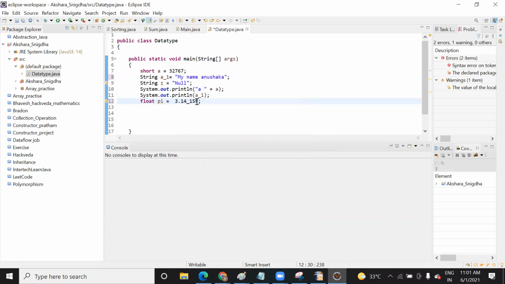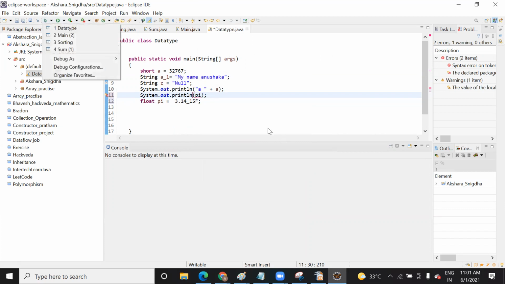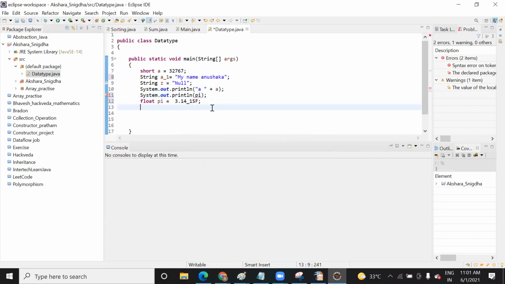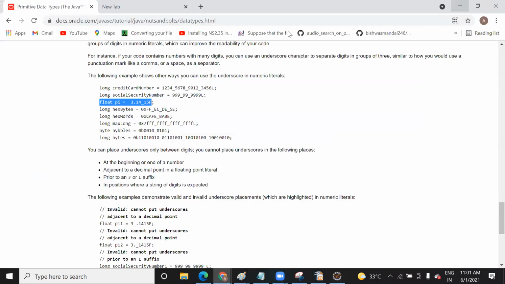You have to print it, right? Let's see, it will give an error because the pi is... No, after 3.14, why is it there? Because when you divide 22 by 7, you will get 3.1414 non-terminating. It will be the same digits that you get, so you will take either 14 or 15. In that way, it is the same. Suppose when you divide 22 by 7, you will get the same digits. Okay, let me show you.